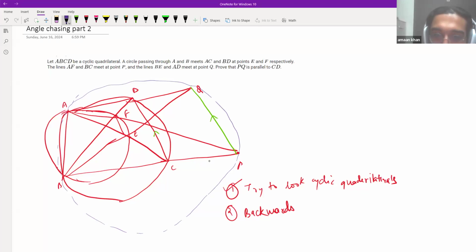One thing could be proving these triangles equal. You can even work with maybe AQP and ABP as well. Also, I guess CEFD can also be cyclic. Wait, CEFD. Yeah, it could be cyclic, but I don't think it will be. ABPQ is actually cyclic because